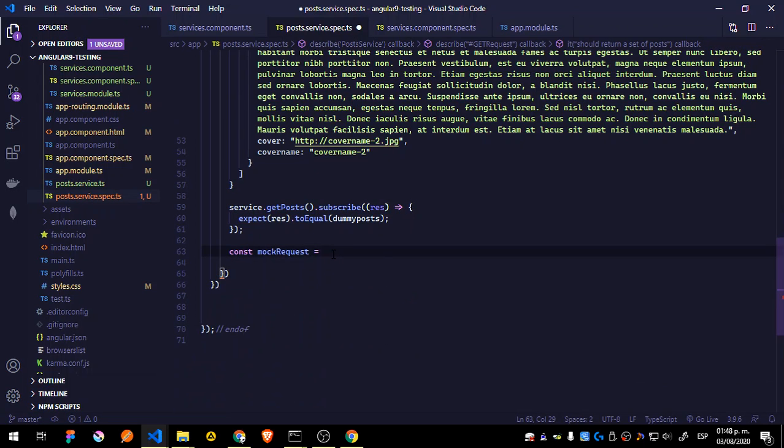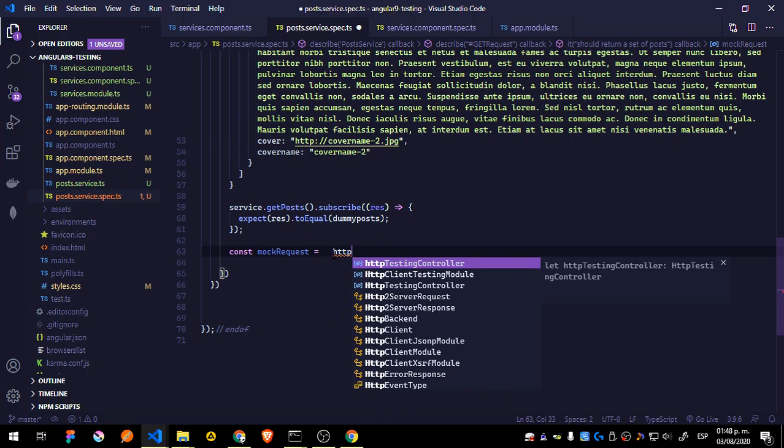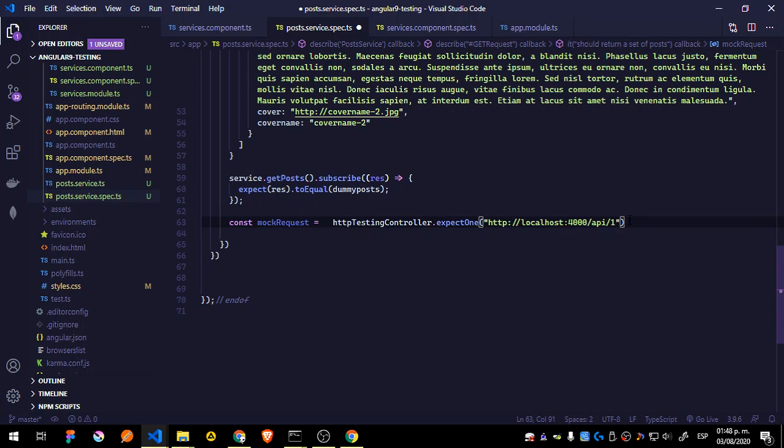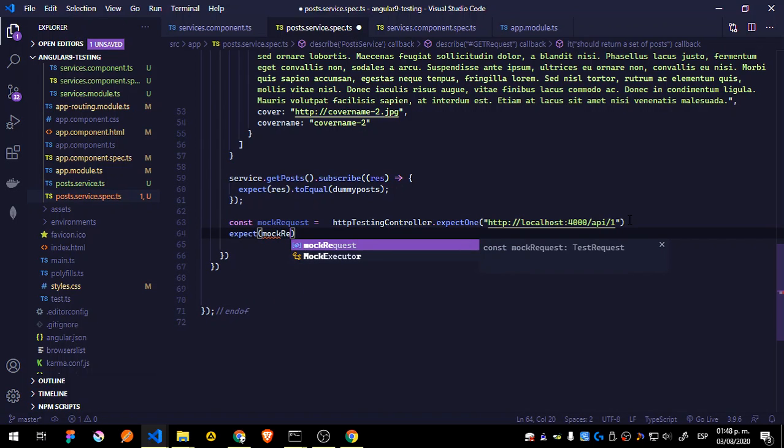Okay, so create a new constant, which is the request actually, and let's say HTTP testing controller that expect 1. So we expect the call to be set to HTTP localhost 4000, which is our API, and we have this one, which is going to return the first set, in that case from MongoDB. So expect mock request